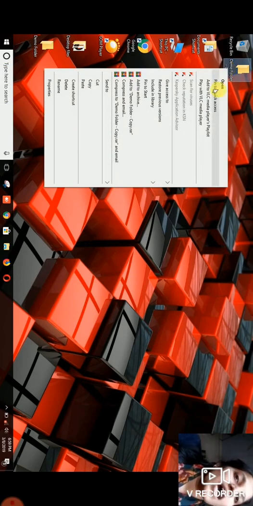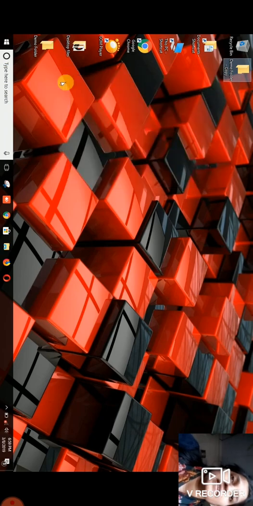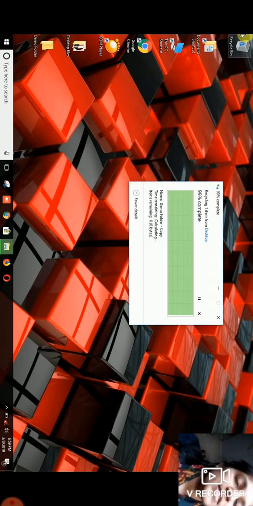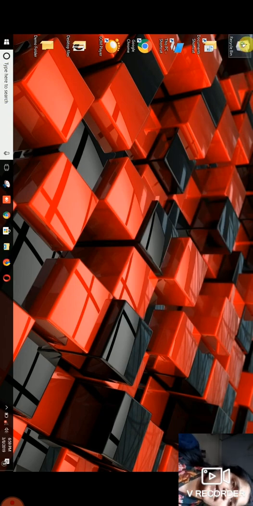Now we are going to see how to delete the folder. It is very easy. We just have to right click on that folder and click on the delete option, so that our folder gets deleted. Here you can see the folder is getting deleted, and we can see that folder in the recycle bin also. In the recycle bin, here we can see the deleted folder. If you want your deleted folder back, you can go to the recycle bin.